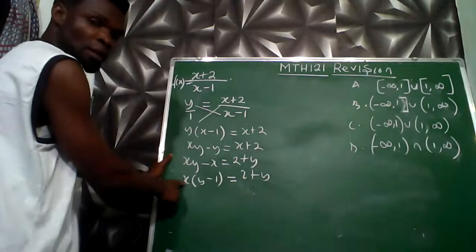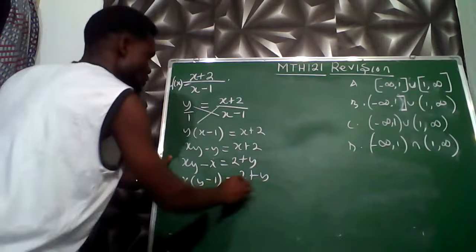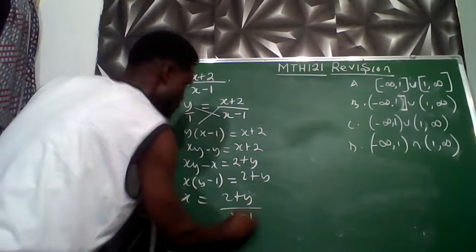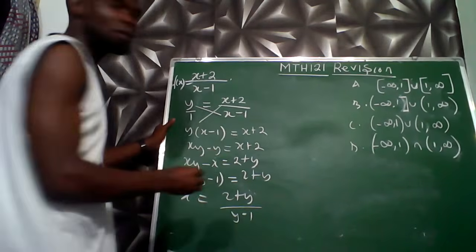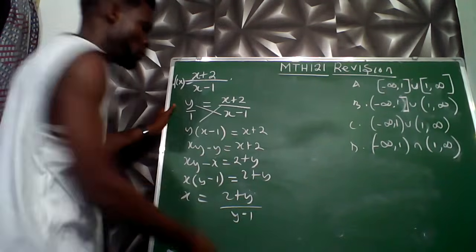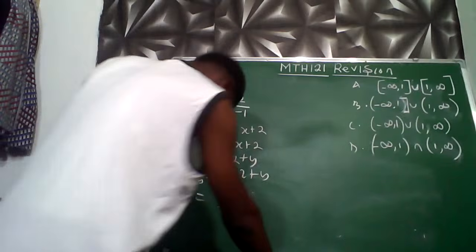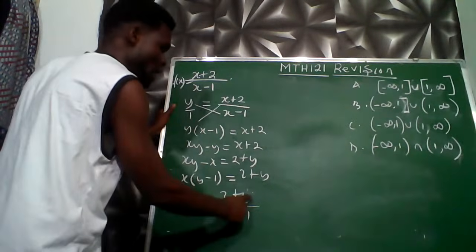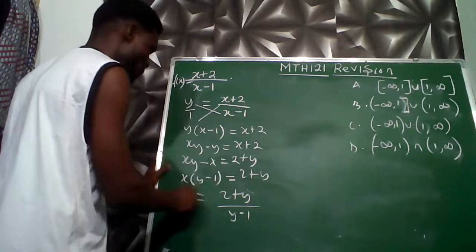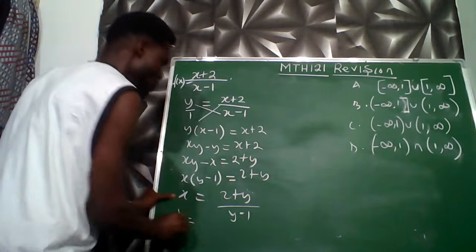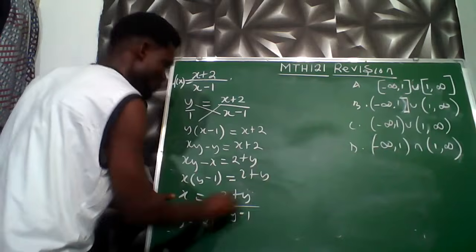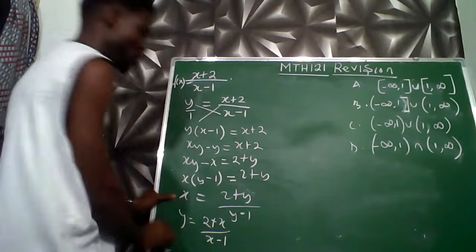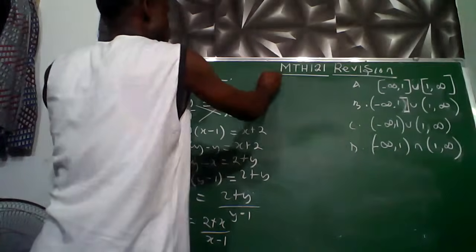Next, look at the x I'm looking for. So that means that x is equals to 2 plus y all over y minus 1. Then the next step is to interchange the position of x and y. So that means that here will be y equals to 2 plus this y will now become x all over x minus 1. So it means that f inverse,